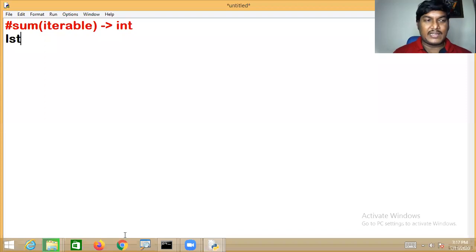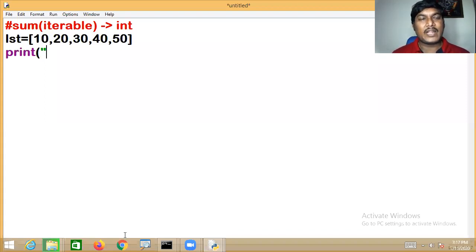Now, ladies and gentlemen, we have a list of elements here with me. I want to find the sum of those elements. Here is a list, then you have to use sum of LST, where LST is the list variable. You have to pass the list. It will take all the objects from the list collection, find the sum of those values and return the value. Obviously it is returning some value.